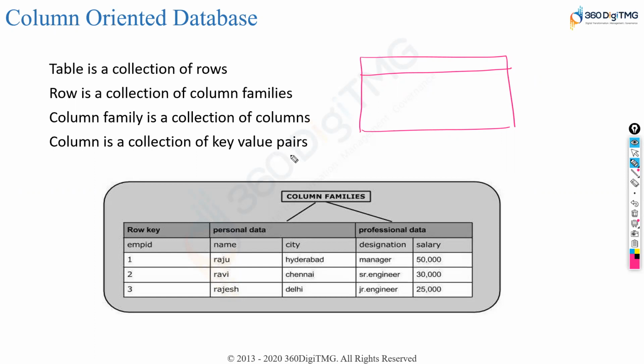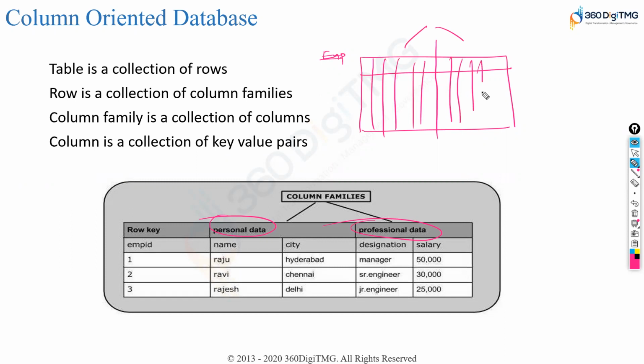So can I segregate this data that we have for the employee into sections, into groups? Now, the example that we are talking about here has two groups, assume. One is personal information, the other one is professional information, right? So my table can be segregated into two groups. In each of these groups, we have certain data which is similar, right? We can give a name to this group, we can give a name to this group, and we basically call it a column family.